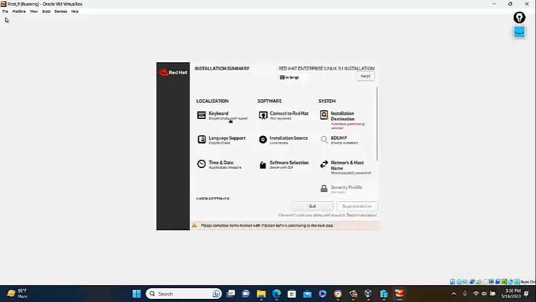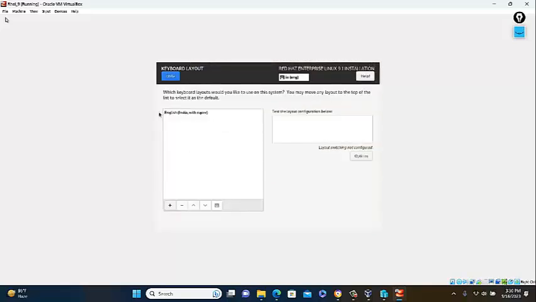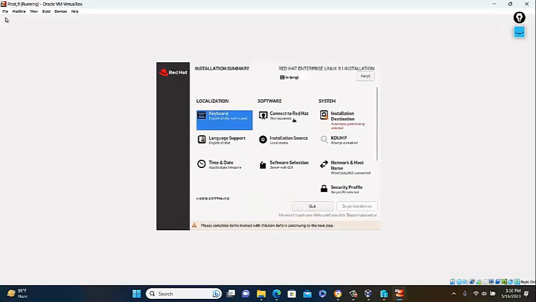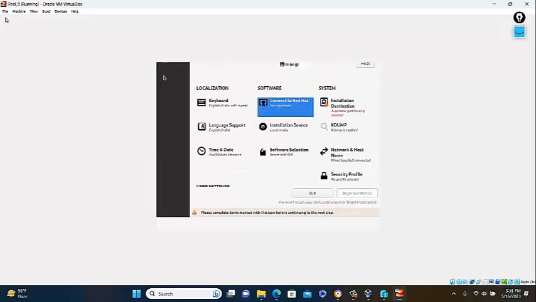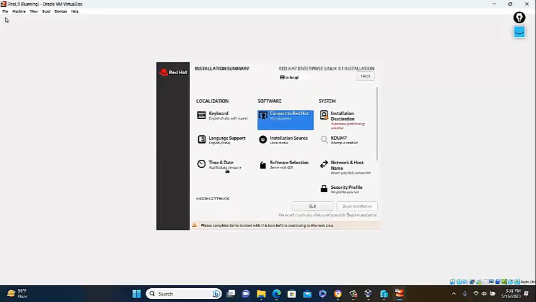And on the next screen, first it is selecting the keyboard. The keyboard default is the India keyboard here. Okay, another is the software. Software selection is necessary because it decides which type of software you want to install; later on also you can install. So right now I am not registering here, and then the installation destination,